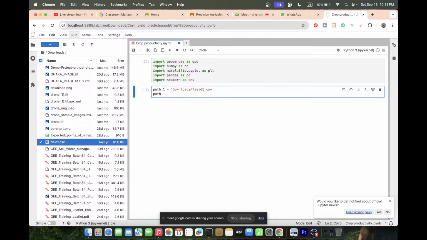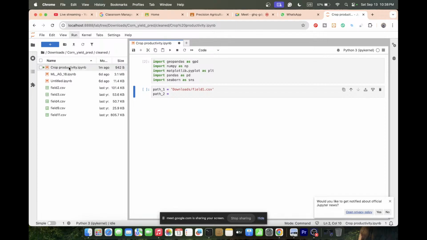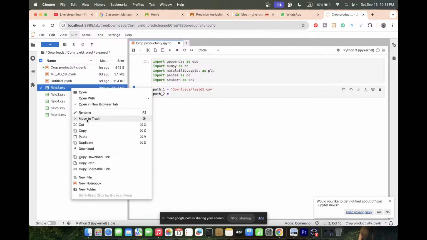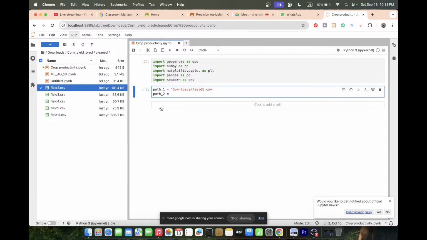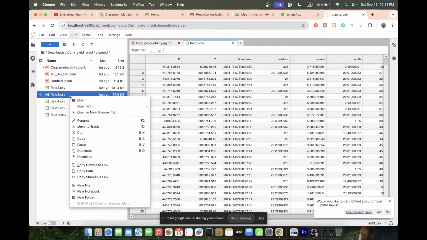Take another variable, suppose path two. I simply store another file, which is stored in this folder. So I just open this folder. Suppose this one, I simply copy the path and then paste here. Then another, suppose path 3, I just open this and copy the path of this file,